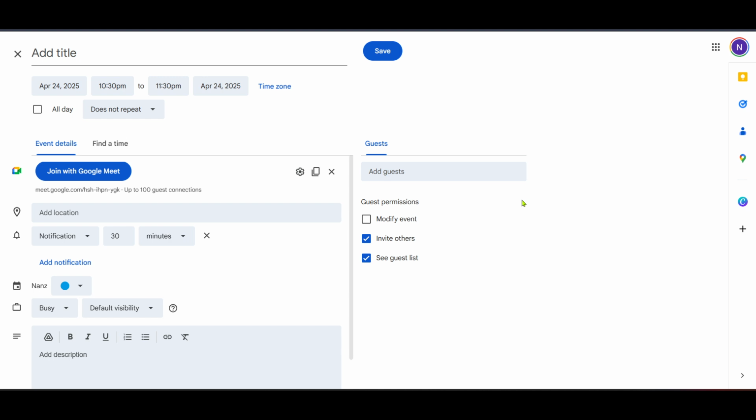And there you have it. By using Google Calendar to schedule your Google Meet sessions, you effectively control who can join your meetings. This approach helps prevent students from joining or rejoining meetings without your supervision. It keeps your meetings secure and ensures a smooth experience for both you and your students, so you can focus on what truly matters, teaching and